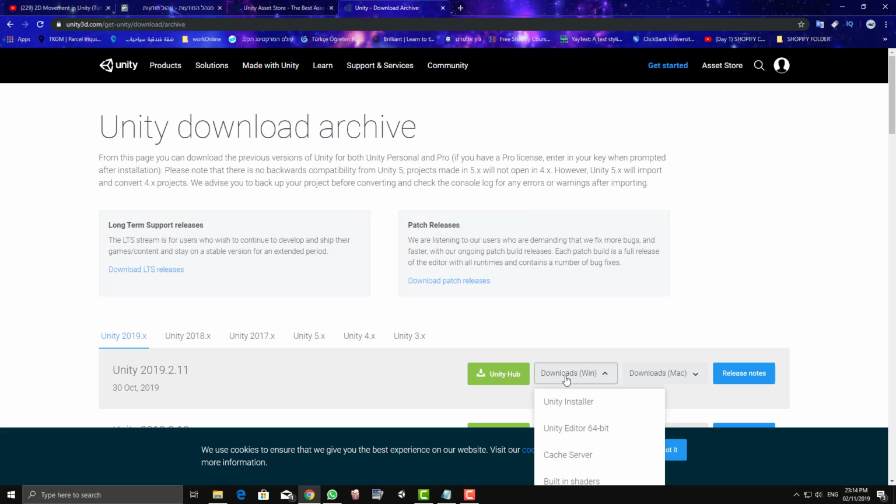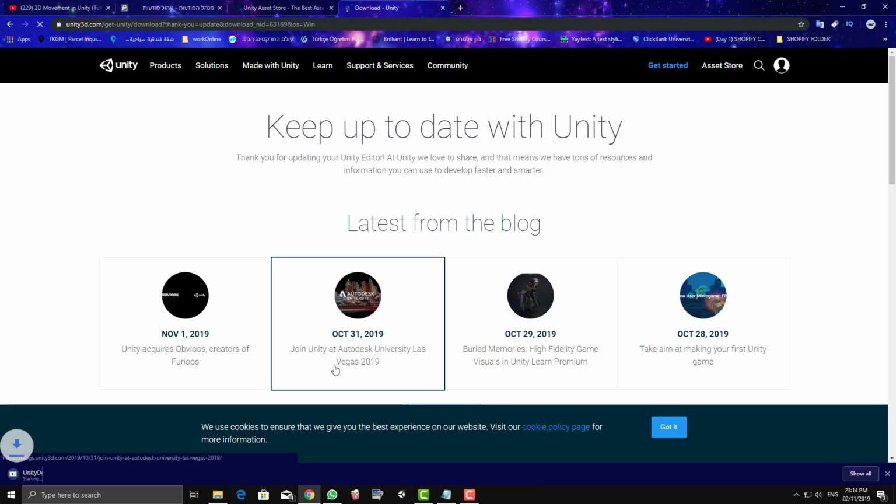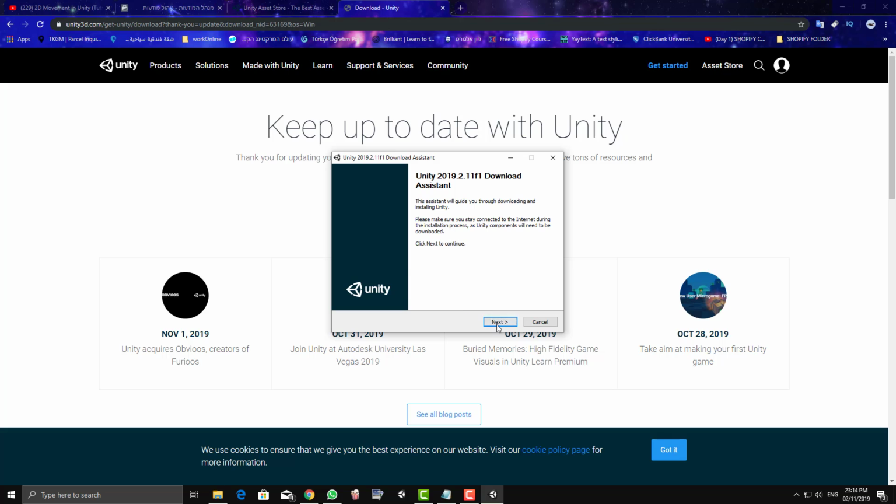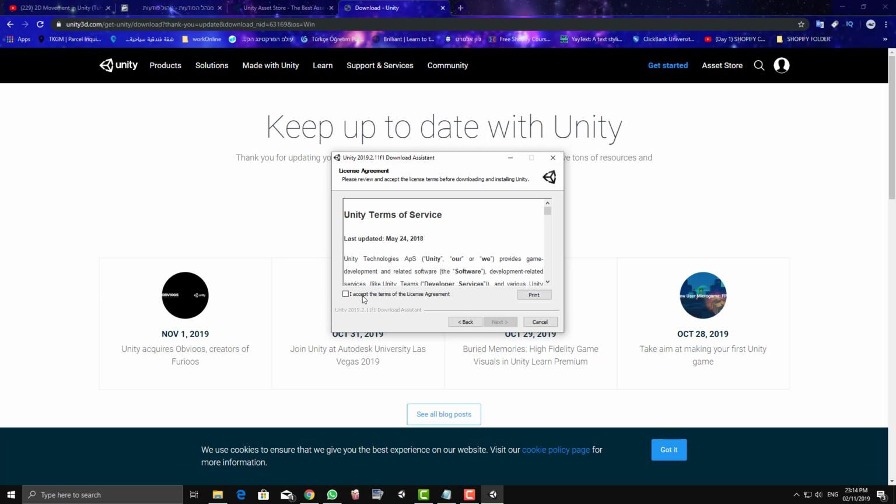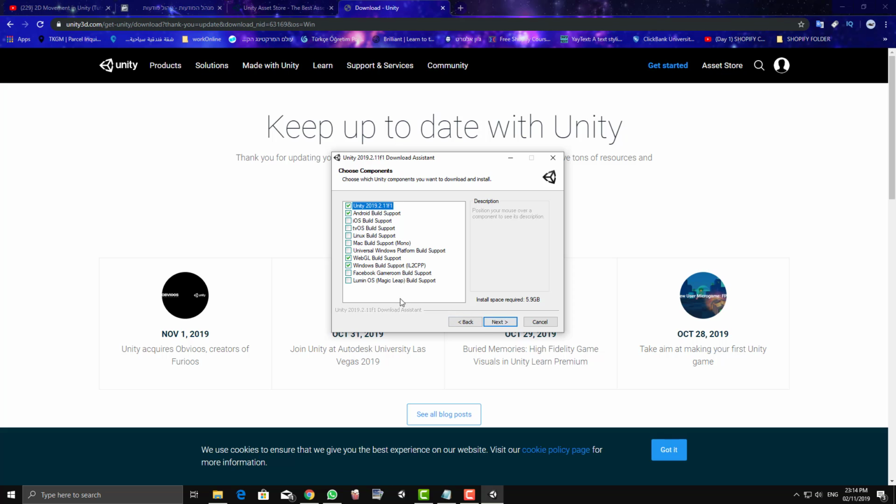You press here to download the Unity installer, and in here we'll just wait. Okay, then we'll press yes to proceed. On the first screen, press next and I accept. It's very basic. So in this page, this is the editor. This is the Unity editor itself. This option, if it's checked,